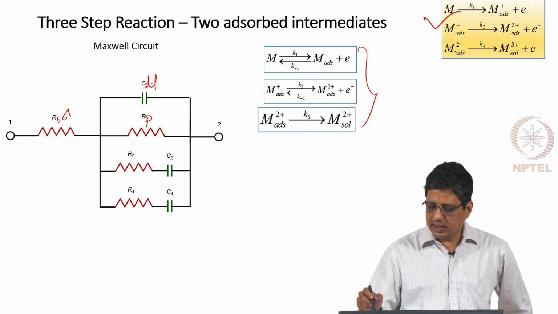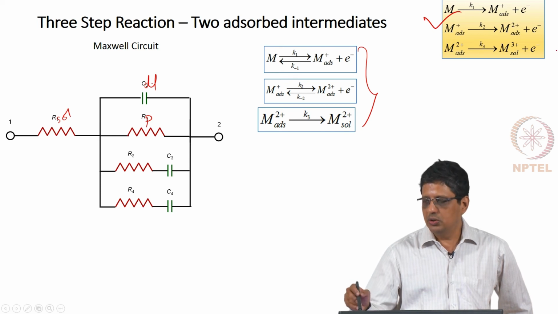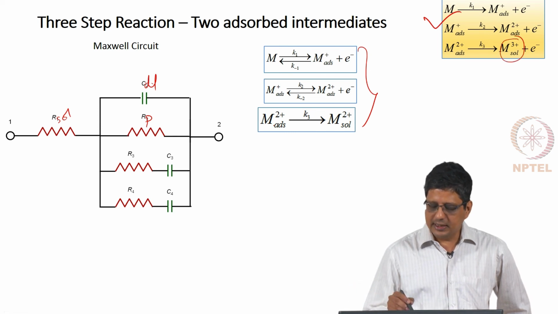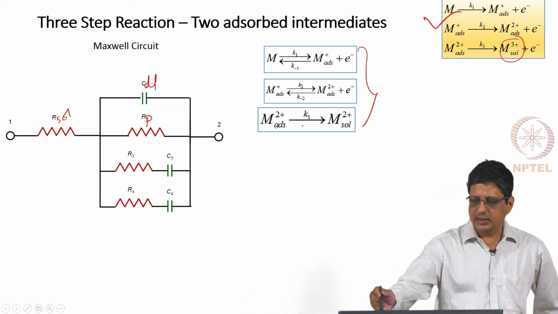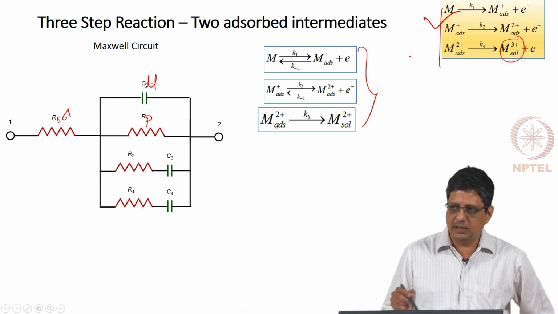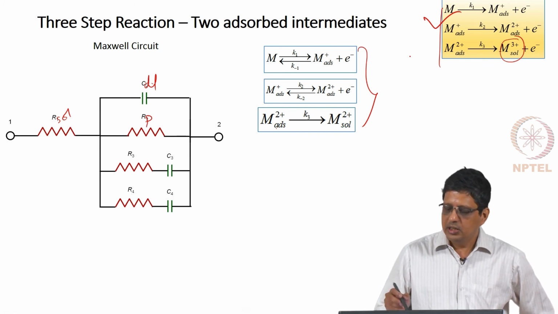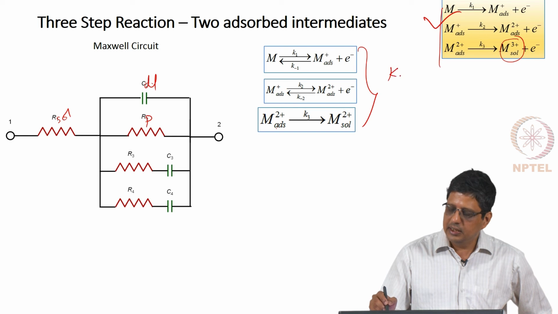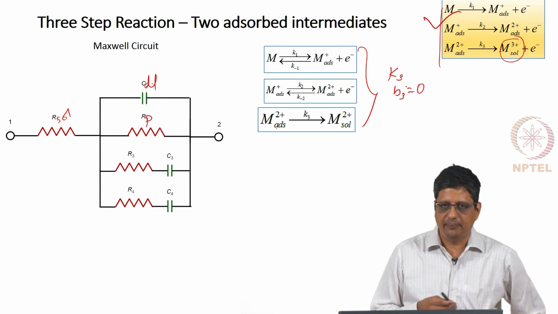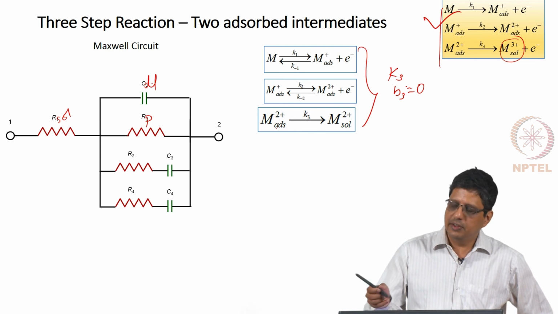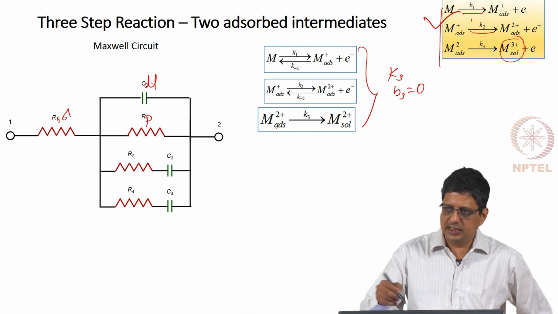Third one, look at this. In the original equation we have said M2 plus adsorbed goes into M3 plus in solution. So, in solution it is charged with 3 plus, whereas here just M2 plus adsorbed goes into solution. So, this is not just taking this mechanism and making it reversible. First and second steps look similar, but the third step is actually different. Okay. The third step is a chemical step, it does not involve electron transfer, therefore, K3 is independent of potential. Another way to say that is B3 is 0. So, what would happen is the current equation will be different. Of course, even the mass balance equation will be different because the reverse reactions are not taken into account.